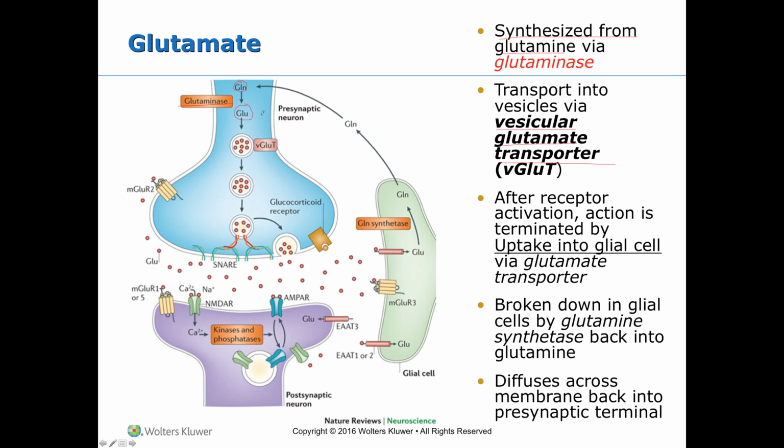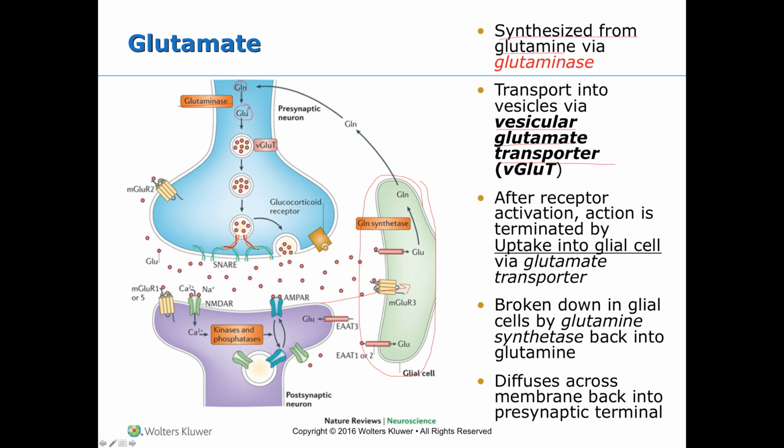Now, after the receptor activation has occurred, the action is terminated through uptake into glial cells. This is through glutamatergic transporters, or glutamate transporters. What happens to glutamate inside the glial cell is a breakdown of that glutamate through glutamine synthetase, which turns the glutamate into glutamine. That glutamine diffuses across the membrane back into the presynaptic terminal, so you can have glutaminase active again to